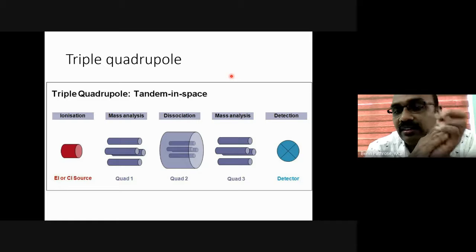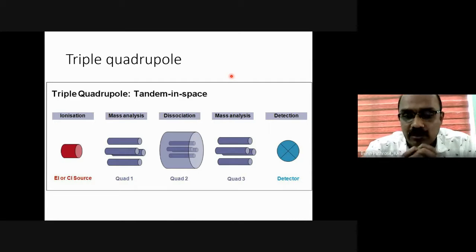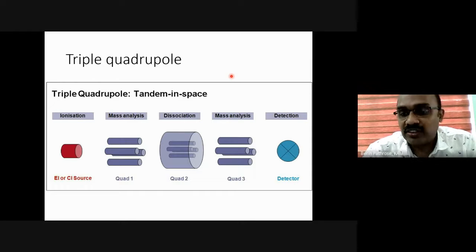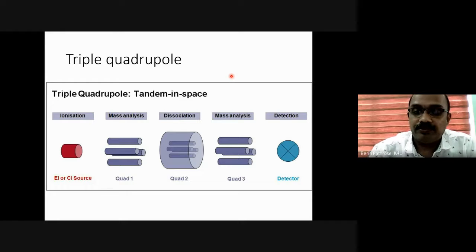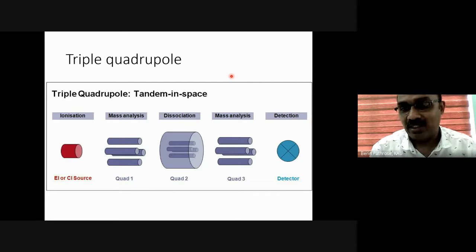Once it reaches the quadrupole in this GCMS, we have a mode called full scan mode. So what does it mean? Every few milliseconds it changes the current,